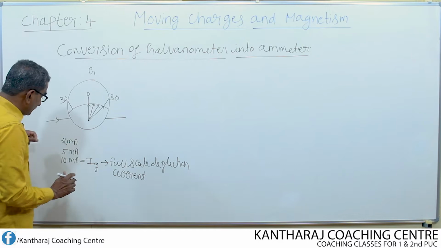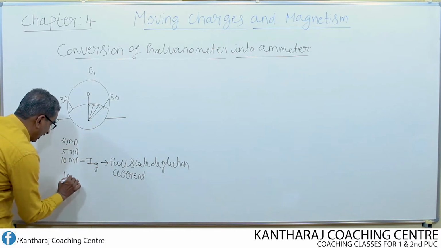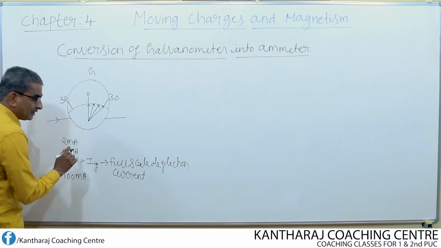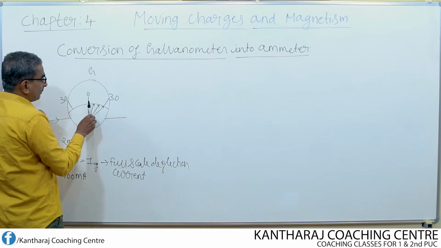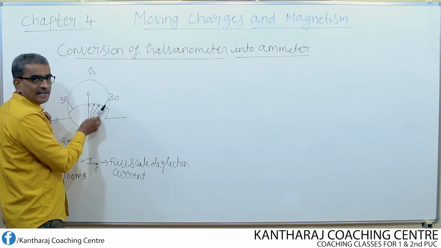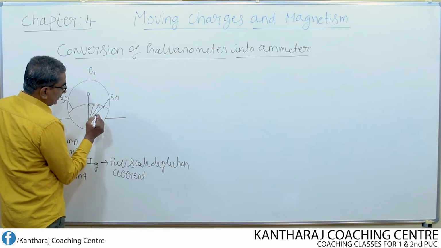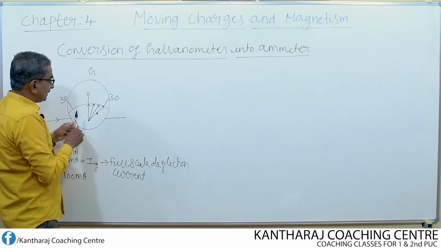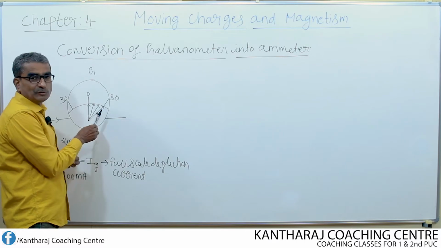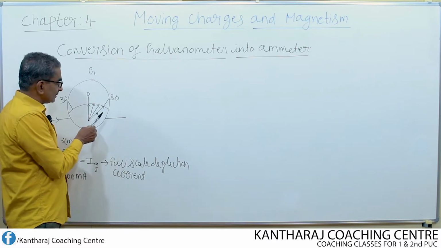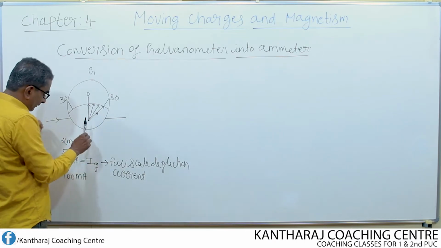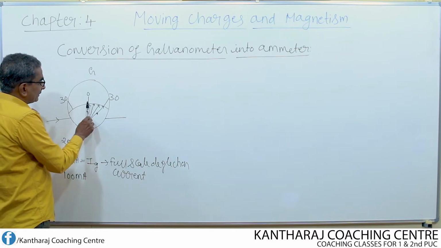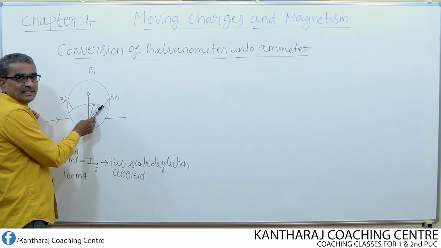Now, suppose if I pass a current of, let us say now, 100 milliamps instead of 10 milliamps, then what happens to the pointer? Does the pointer move further ahead? No, because here there will be a stopper at the end point. This stopper does not allow the pointer to move further. So, even though you pass 100 milliamp current, the pointer still reads 30 divisions only.